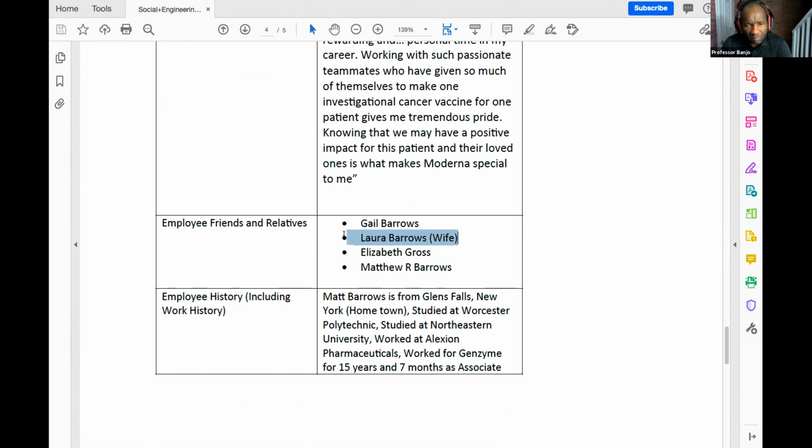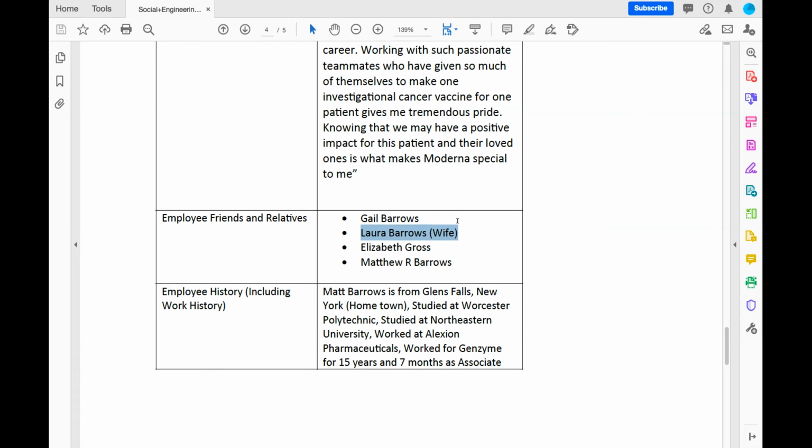I was able to find his wife's name on Facebook. It shows Elizabeth Cross, Matthew Barrows, Gail Barrows. Who are these people? I believe it says people related to his name. His kids were on Facebook and on Twitter too. He has a Twitter.